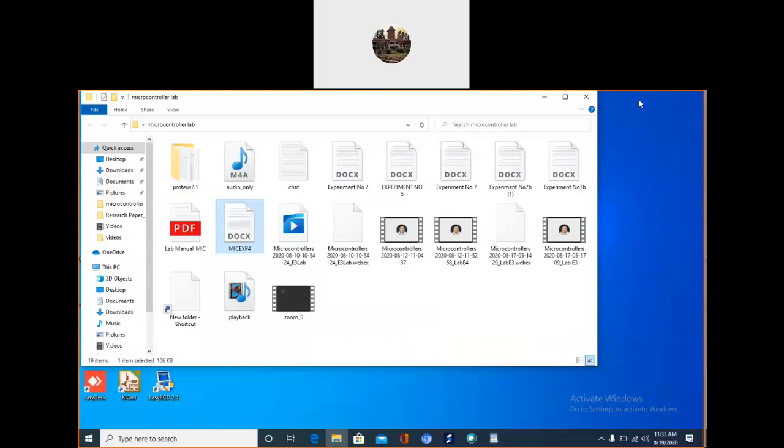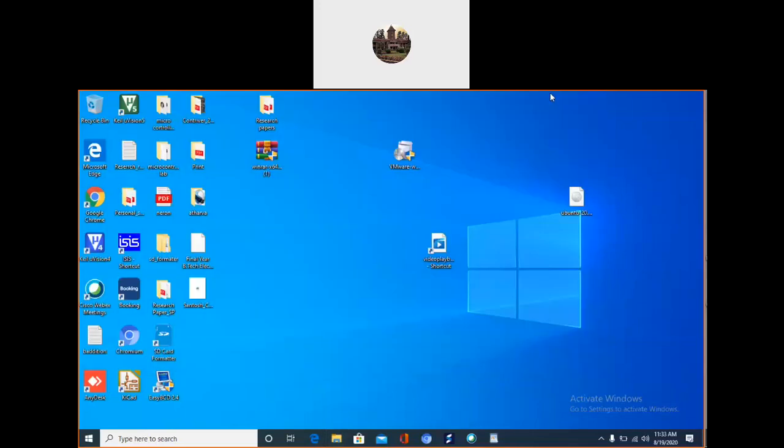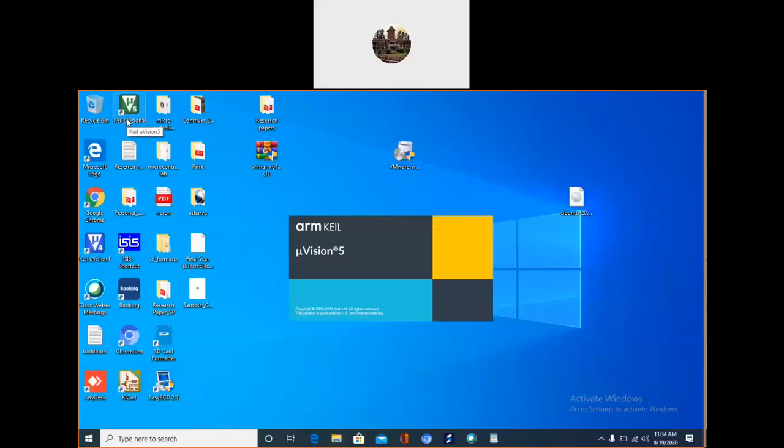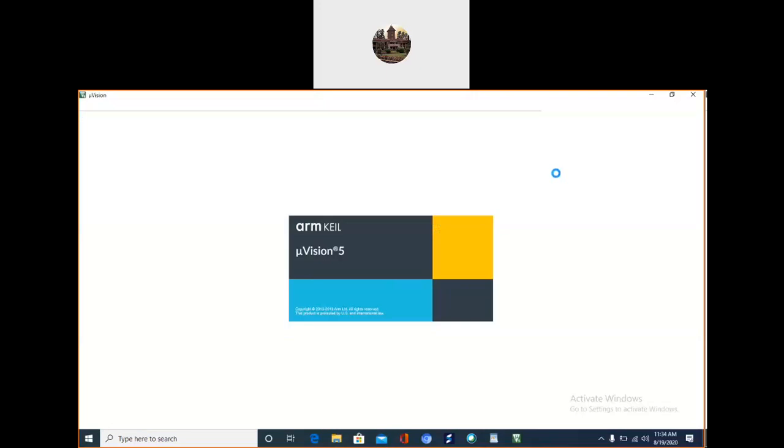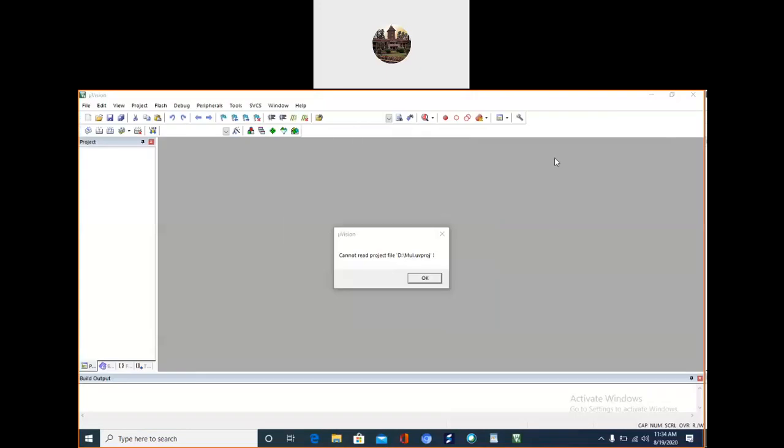Then I want to open Keil MicroVision 5. Can't read project file.